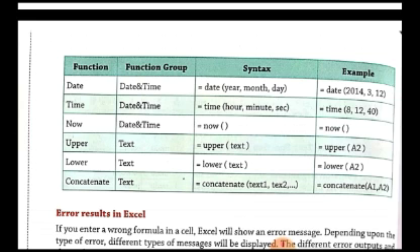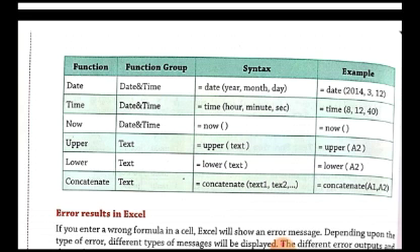Here we are specifying the date value, and there are three arguments. The first argument is the year, the second is the month, and the third is the day. So these three arguments together constitute a date, and it will be used for performing different operations on the date values. Similarly, we can have the TIME function also. This TIME function will take the arguments hour, minute, and second. There are three arguments: first is the hour, second is the minute, and third is the second. We pass the different arguments in this format, and it will be used for performing specific operations on the time values.